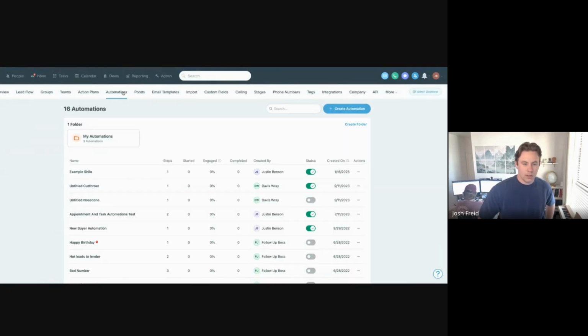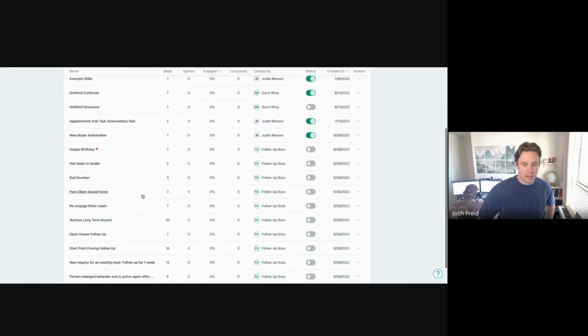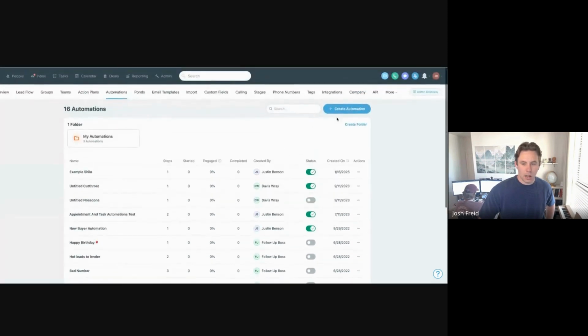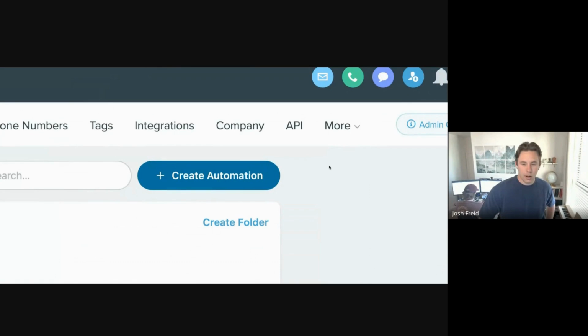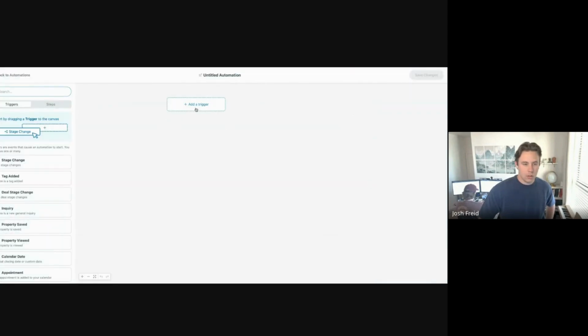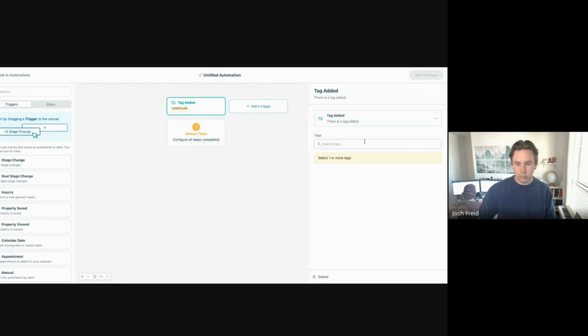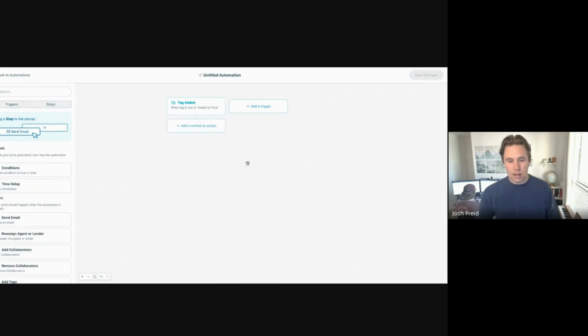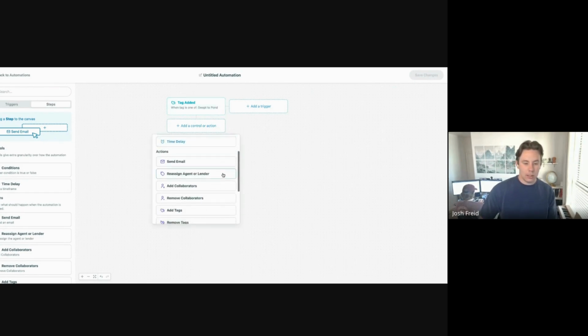All right, so in FUB, we're going to want to go to Admin and then Automations right here. And so you'll see we have some example automations set up in here. But we'll go to create a new automation. And then from here, we can add a trigger, which is tag added. And search add tags swept to pond. And so when this tag is added, that means it's going to be swept to pond. So what we're going to do here